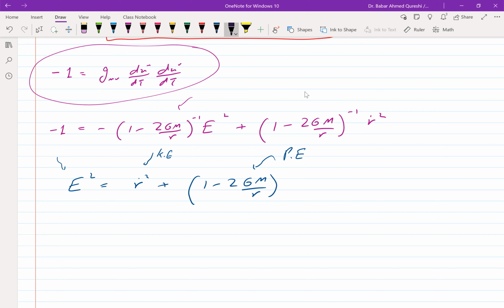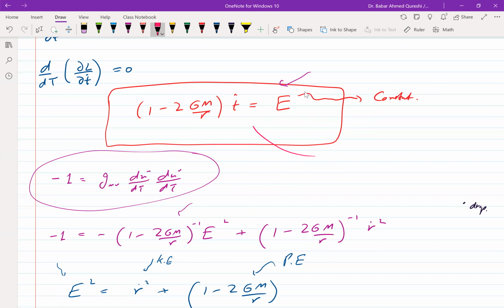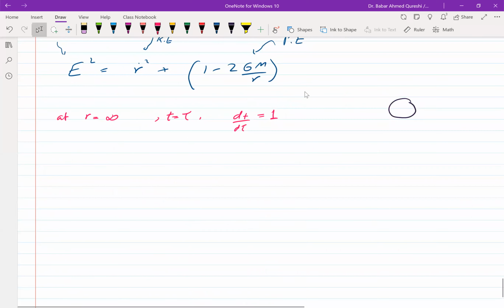And for example, if I have this thing, and from far away I drop a particle, so you're dropping from infinity, I can find out the value of this constant. At r equal to infinity, t is equal to tau. That means dt over d tau is equal to 1. So if I put it here, this is 1, and this is 1, and this is 0. So E is 1 for a particle dropped from infinity, from far away. So then this equation just becomes